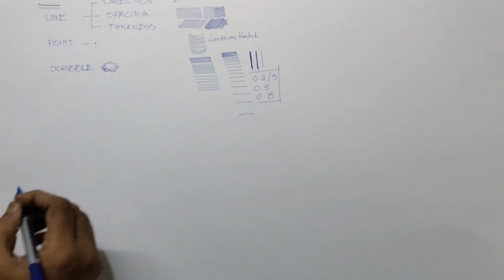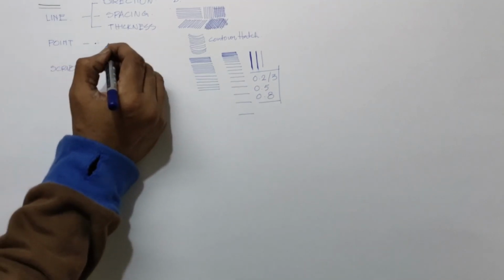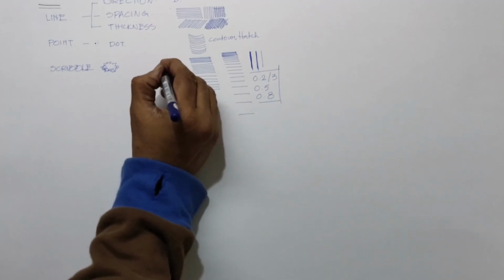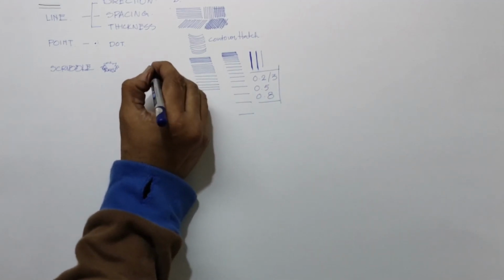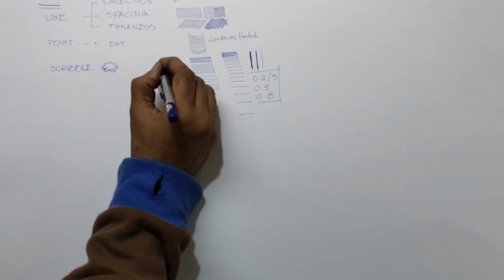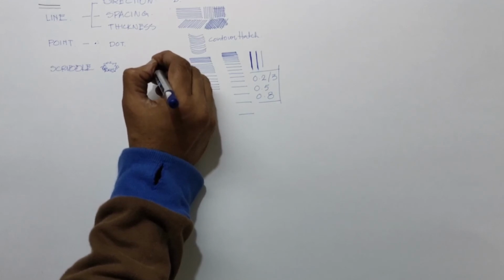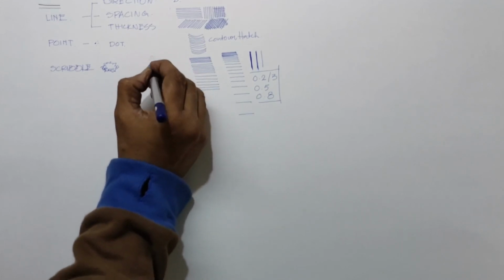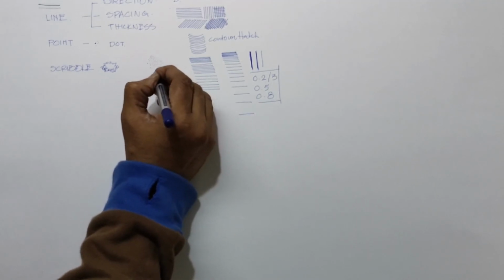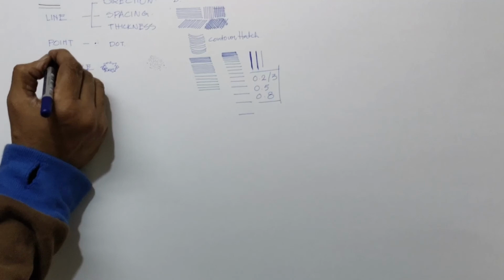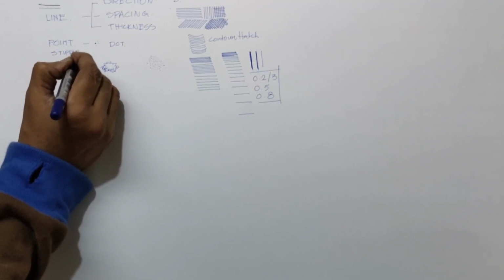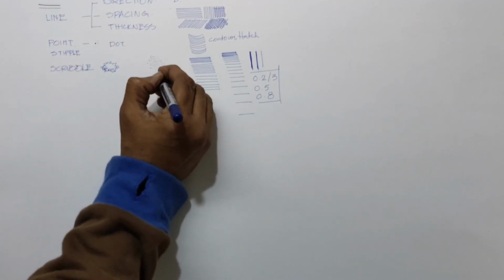Next it is point. Point is also known as dot. We put dots, small dots. So here you can see this one is a dot. Some people call this pointillism. Famous artists are also there who have done the entire painting using only dots. So this is a point or a dot, or this is also called stipple. Stippling, stipple, point or dot are the words we use.